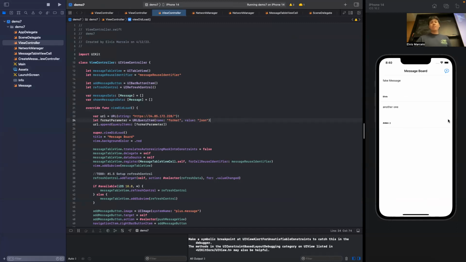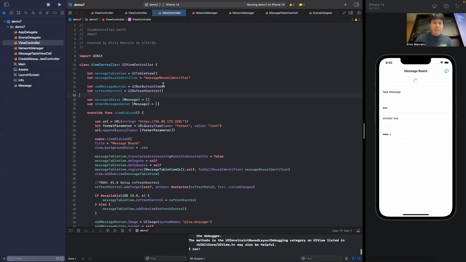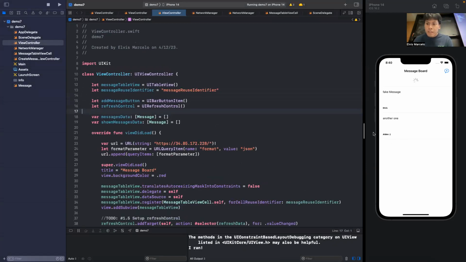So if you run the app, you should see that it looks something like this. It's a very simple app. It has a table view that contains a message and a poster. So the poster is actually really small, now that I look at it. But if you can't read it, the first poster was me, Elvis, and then the second one